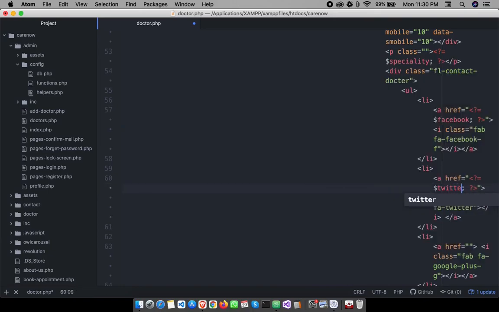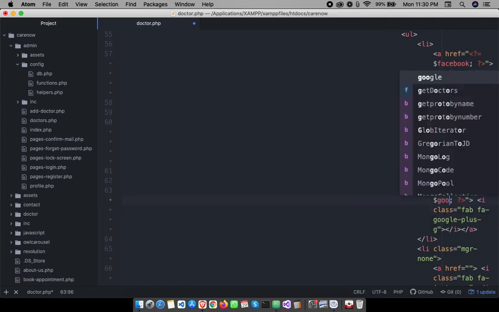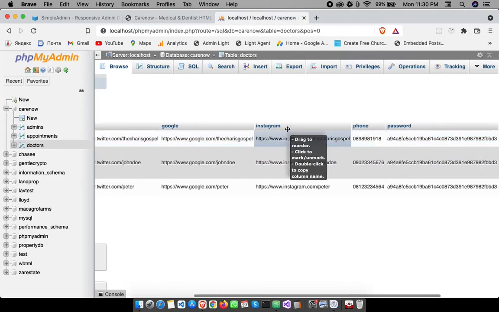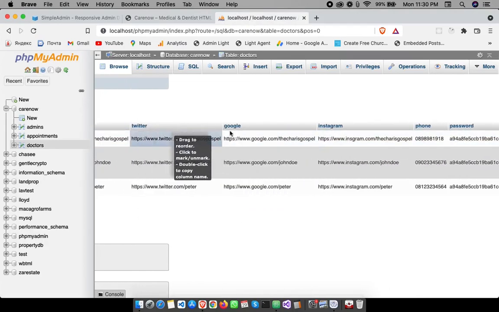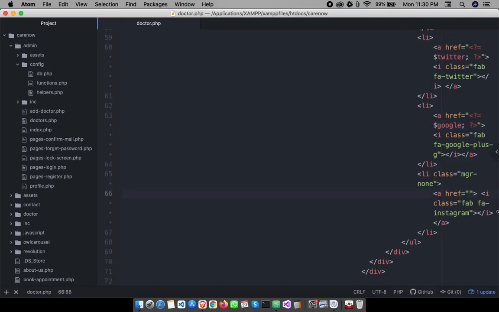And then here will be Twitter, and then here will be Google. So guys, make sure it's the same column name as what you have here: Google, Twitter, Instagram. Okay, so I'm not just creating those names from my head. It's actually what we have in the database. So don't make such mistakes